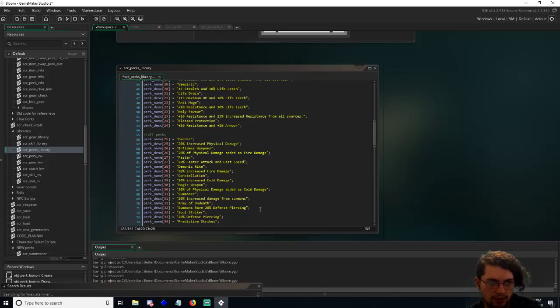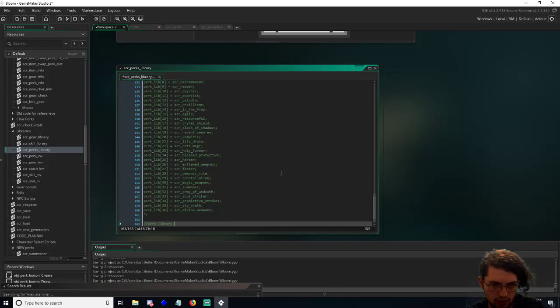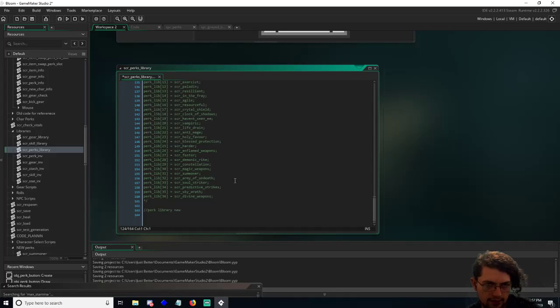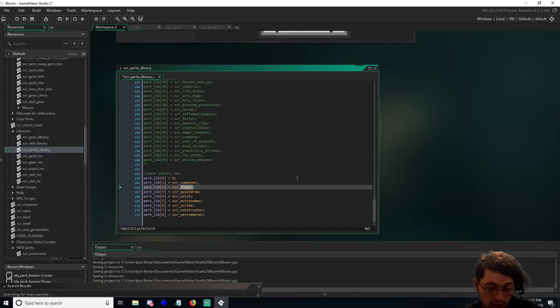Yeah, that's right. I remember doing that. I'm not redoing anything with the text yet. So let me perk library new, and there should be 8. And then these 8 are the ones that I just wrote, which are summoner, what's the second one? Mage, then Soul Stealer,